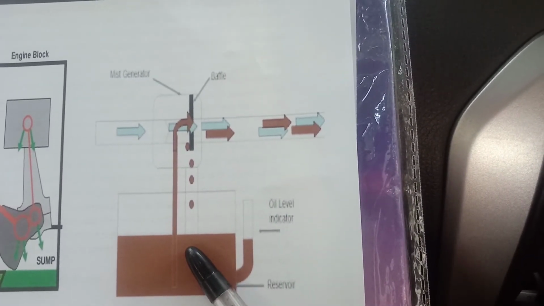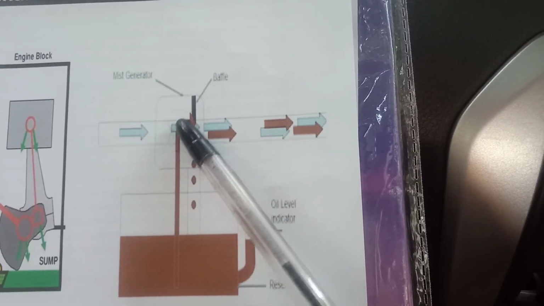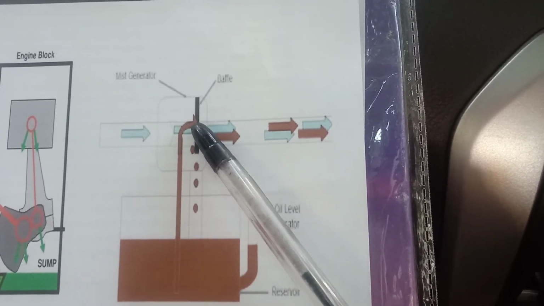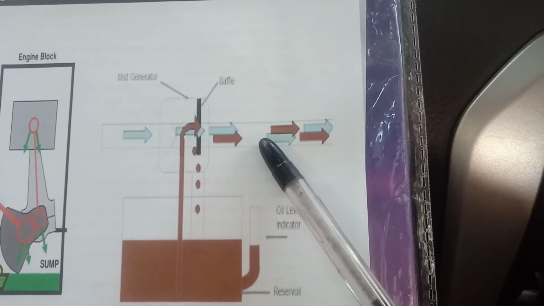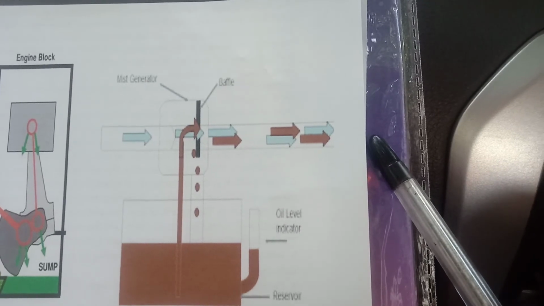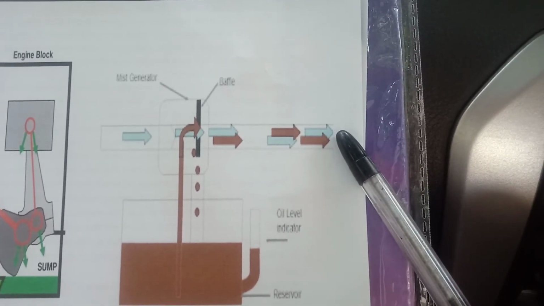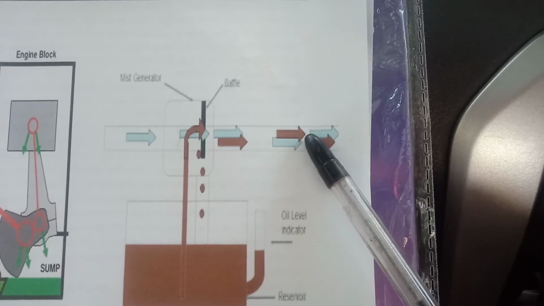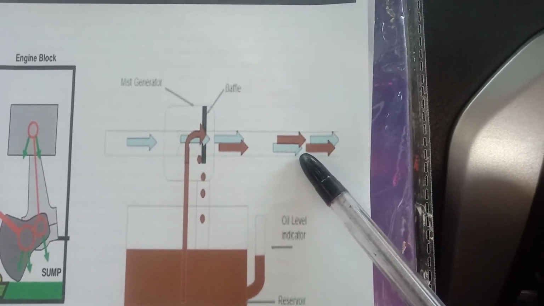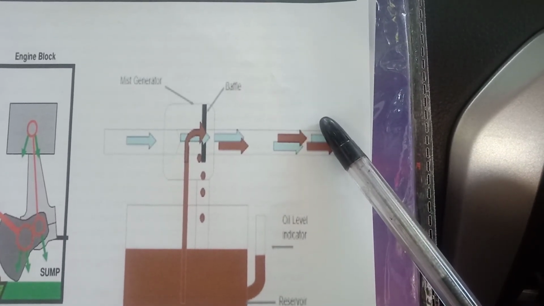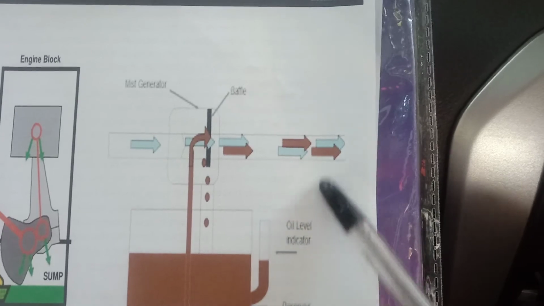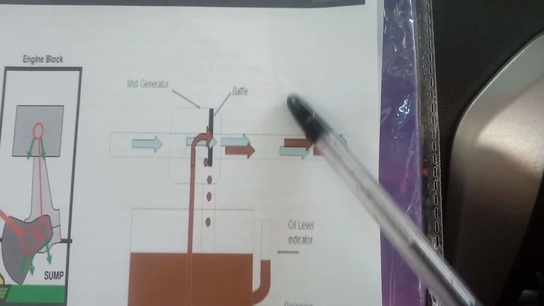So what happens in mist lubrication is that the oil is mixed with the petrol, and the mixture of oil and petrol is fed to the carburetor, and from the carburetor this mixture goes to the engine. When this mixture goes to the engine, the petrol inside the engine will vaporize, and the oil settles down in the form of a thin film. This oil covers all the moving parts